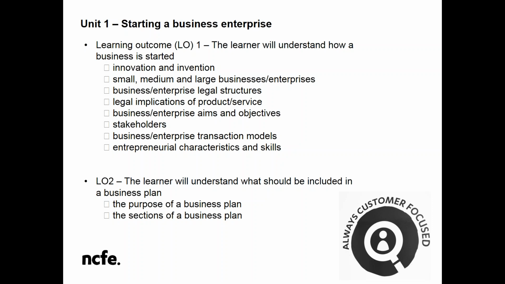Looking at business and enterprise transaction models, basically there we're just looking at the 2 most notable ones, B2B and business to consumer, which are the 2 different models that we would expect to be covered. In terms of the business plan, there's the purpose of the business plan, and then the sections of the business plan. Generally there are 4 things that we would be looking to be covered in that. Company description,